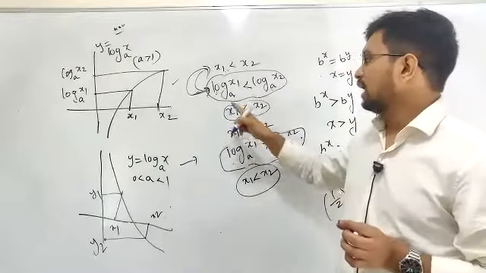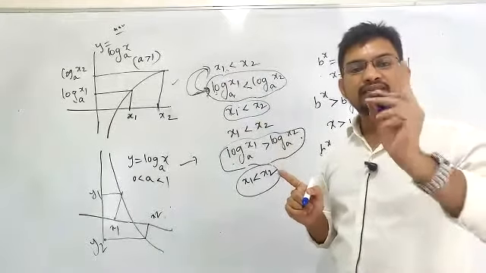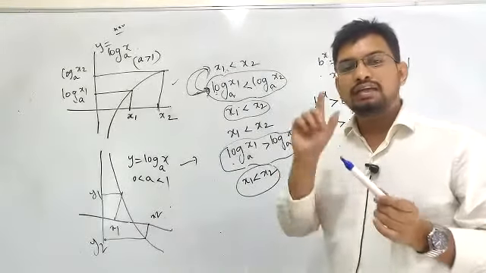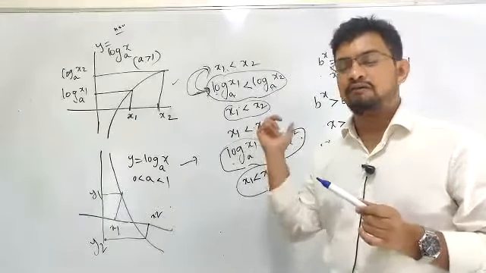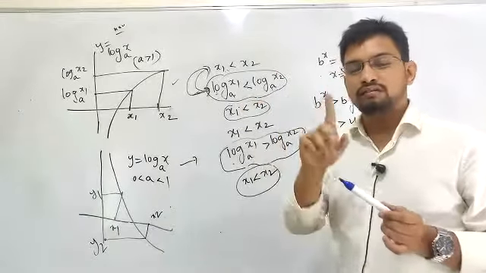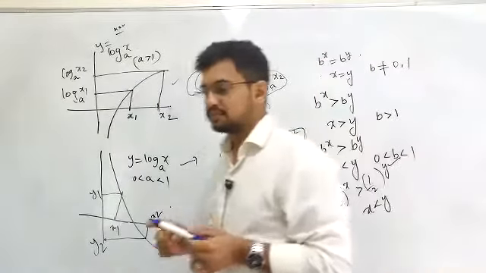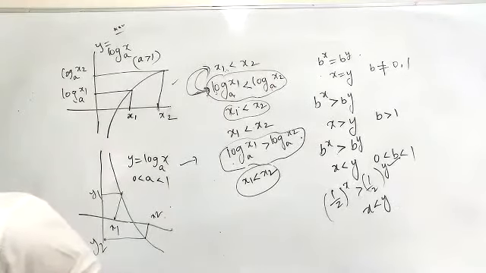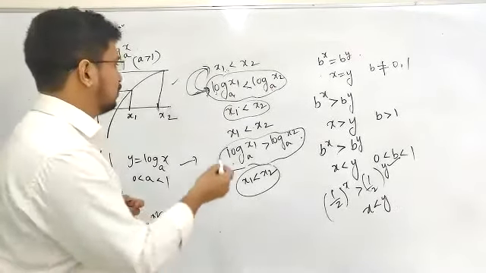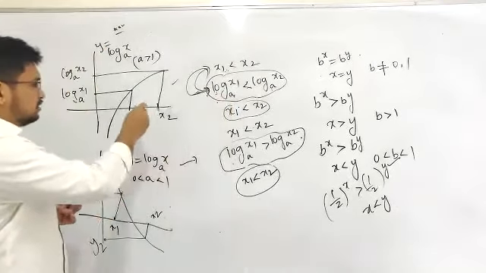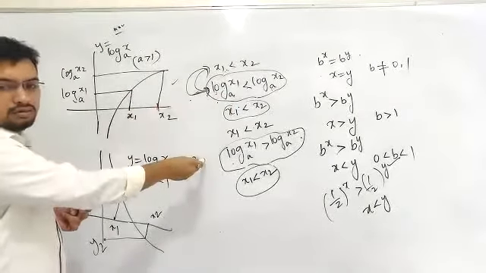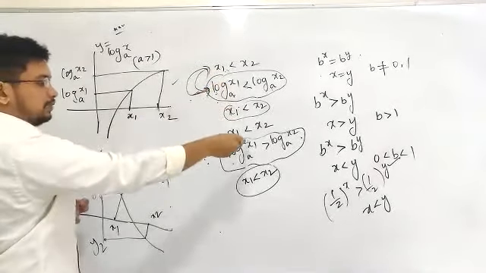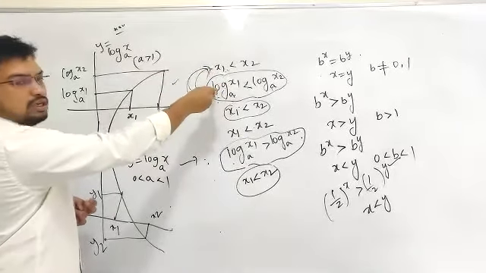So my point is that if the base is greater than 1, the inequality remains the same. If the base is lying between 0 and 1, the logarithmic inequality will reverse, whenever I am writing in terms of the argument. You must remember these two statements. These are the two statements you have to go through again. The logarithmic sign is something like this. This is from this graph. I am writing this from the graph, and after writing it from the graph, when I am getting this part, I am able to write this.